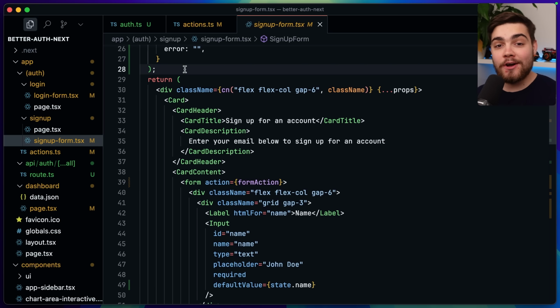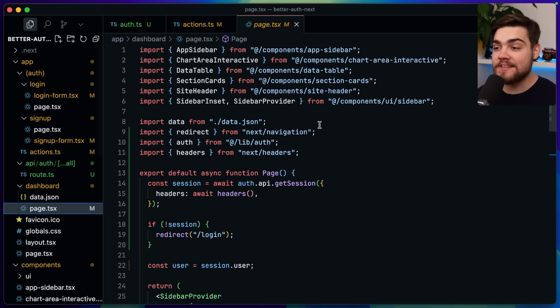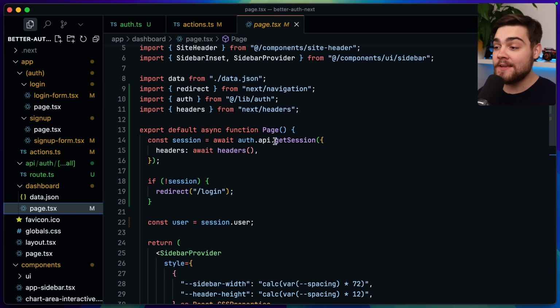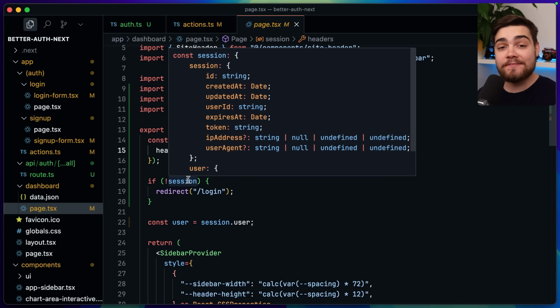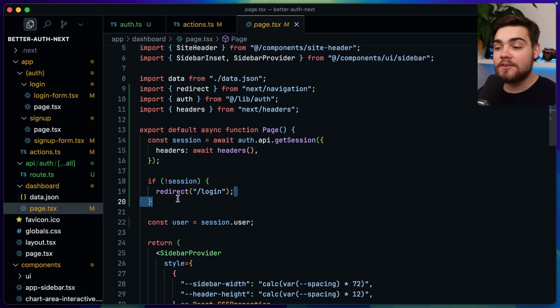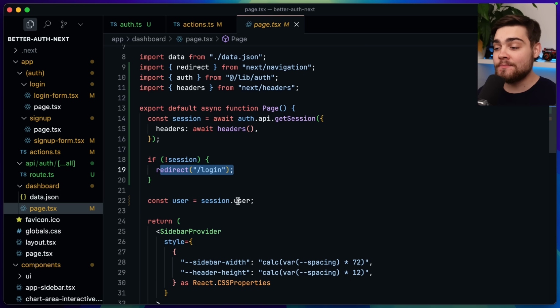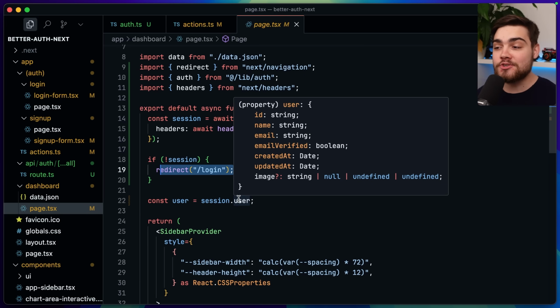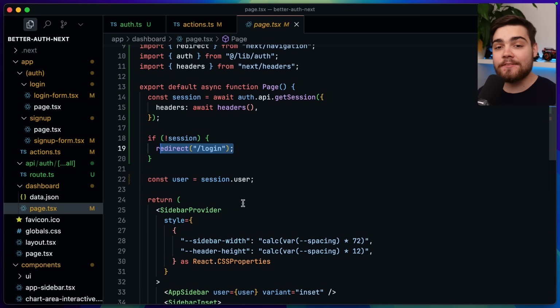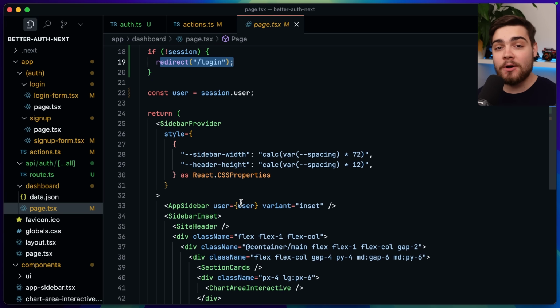Back in the code then, you saw that our login flow was working, but I didn't actually show you how I managed to make sure that the dashboard page is protected and how we load in the user information. I do that in my dashboard page.tsx here, since this is a server component. Since it's a server component, I can go ahead and say session equals auth.api.getSession, pass through the Next.js headers, and that will get us a session. If we don't have a session, we're not authenticated, so we can redirect them to /login. If we do have a session, we should have a user, and then we can get the information like the ID, name, email, various other things, and then I just pass that through to my sidebar, which has the logout